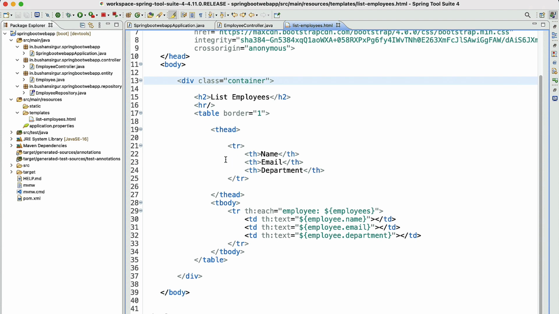Now let's quickly add the classes for the table. So we are going to add the table class, and we will add table-bordered, and we will add table-striped.